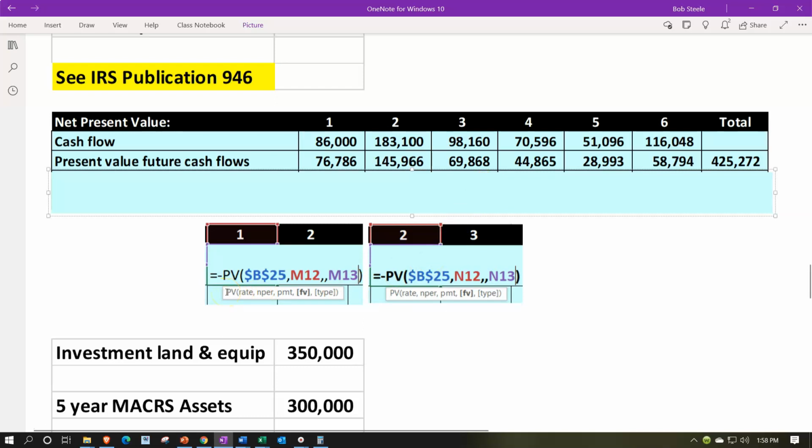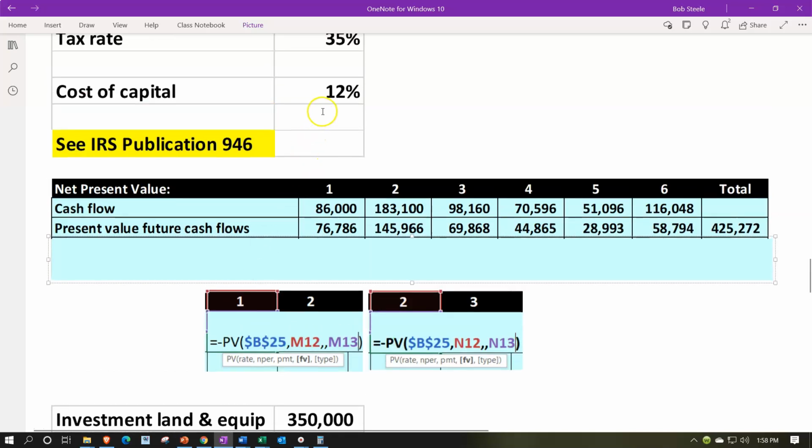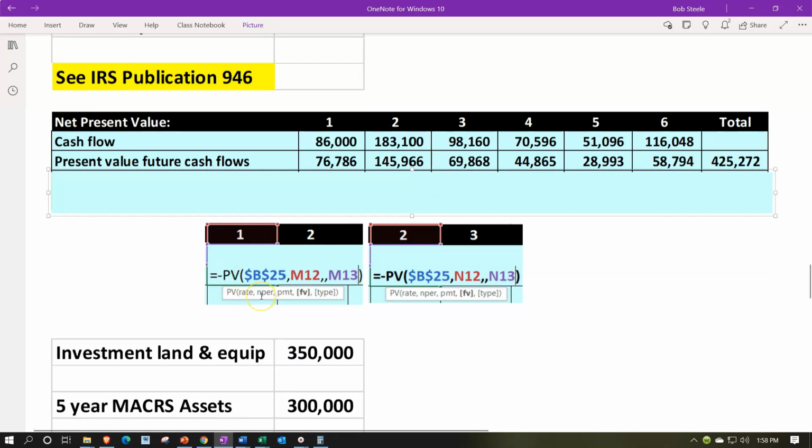In Excel, it would look something like this. Negative present value, the rate is going to be an absolute reference. You can see by the dollar signs, we're picking up that 12% there. And then comma, number of periods would be 1, which you could see we're picking up with a cell reference, which is going to be that period 1 up top. That allows us to move it and copy it across. And then comma, comma, we got the future value. It's 2 commas because it's not an annuity, but present value of 1. And that then would be the 86,000, the future value. So then if we copy that formula across, here from here to here,